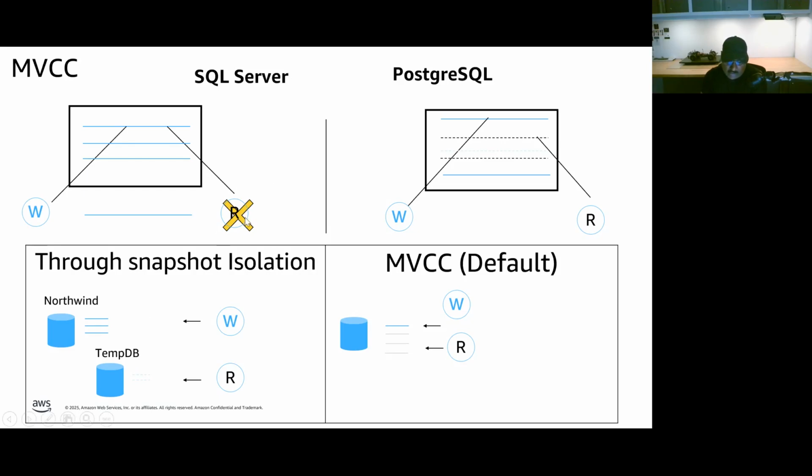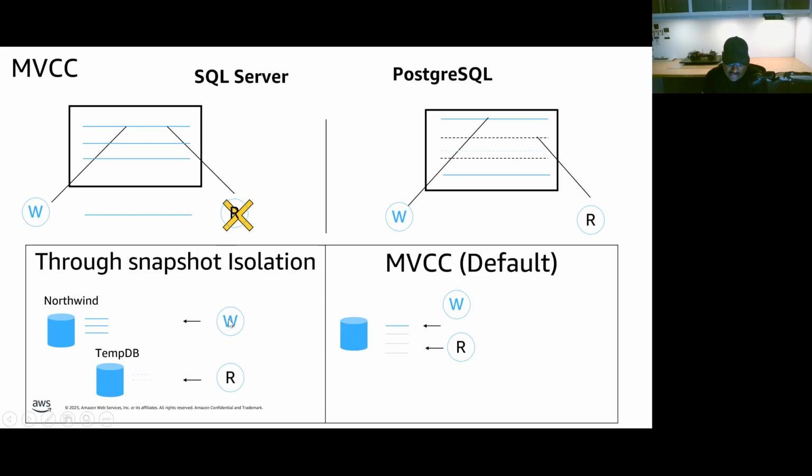But there is a way to avoid this by using no lock, or the read uncommitted isolation level in SQL Server to avoid this blocking. But if you use no lock or read uncommitted isolation level, then you get dirty data, right? But not to get dirty data, you can use another isolation level in SQL Server that's called a snapshot isolation level. So in SQL Server, if you apply a snapshot isolation level, then what it does is it maintains the row versions in the tempdb database.